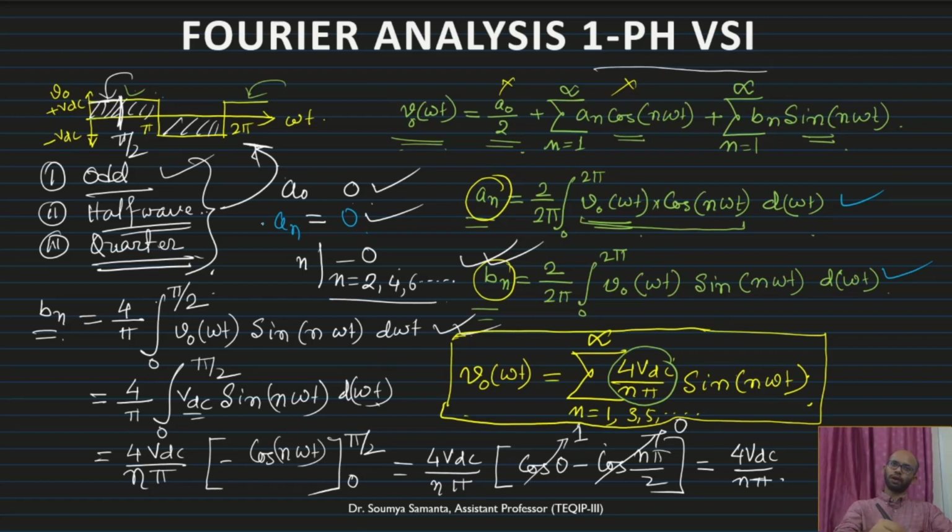You check whether you are getting an equal to 0 or not. I'm sure you will get an equal to 0. Similarly for a0. And you can also verify that whatever I am telling is 0, just put into this expression. If you solve it, you will find that in bn terms,